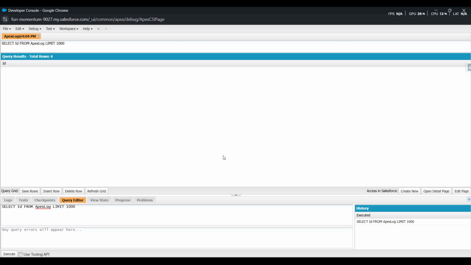Once you do this, Salesforce will remove all the selected debug logs from your system, freeing up storage space and keeping your environment tidy. If you have more logs to delete, simply repeat this process until you've cleared out as many as you need. And there you have it, you've successfully deleted debug logs in chunks in Salesforce, keeping your system